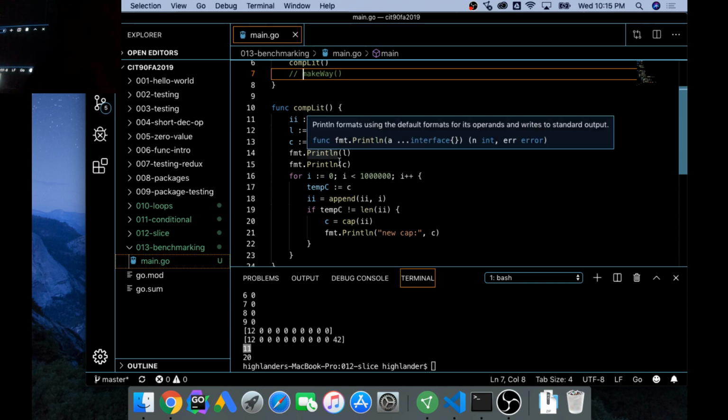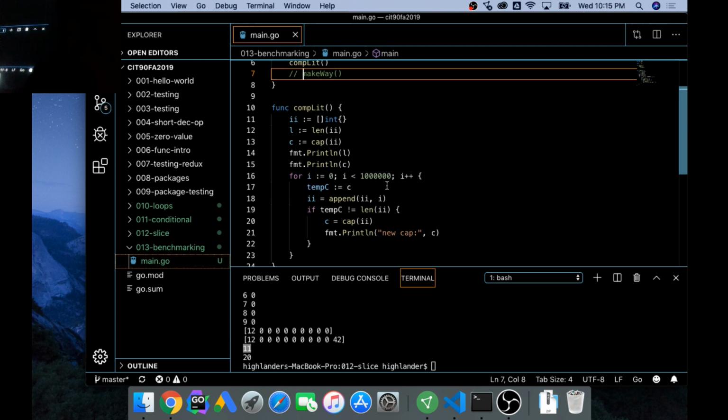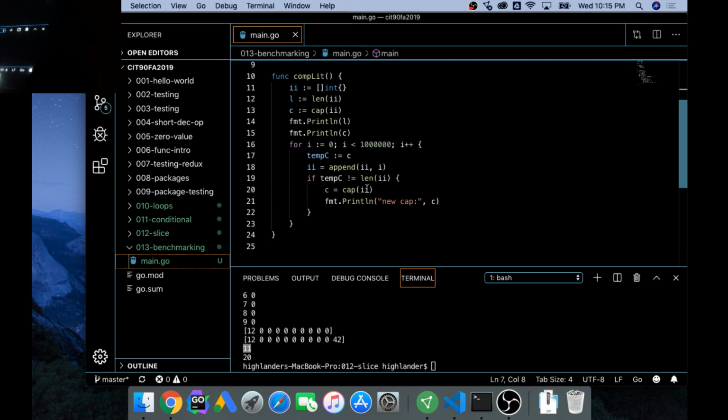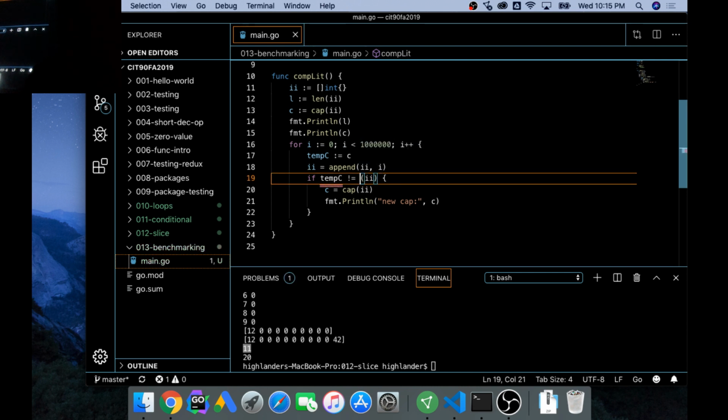We're going to print out the length and the cap. Now we're going to go to 1,000,000. And we're going to take the cap and assign it to tempC. And then we're going to append whatever our current integer is to our slice of int. And then if tempC is not equal to the cap,